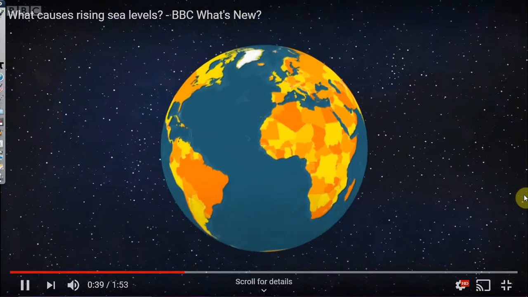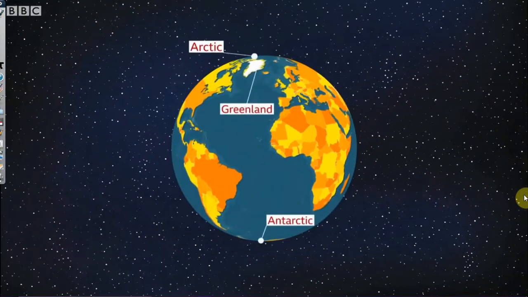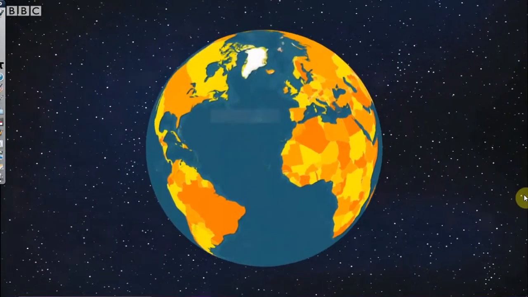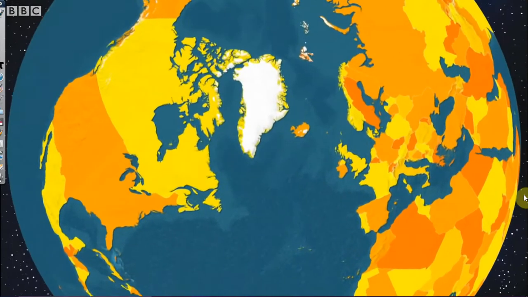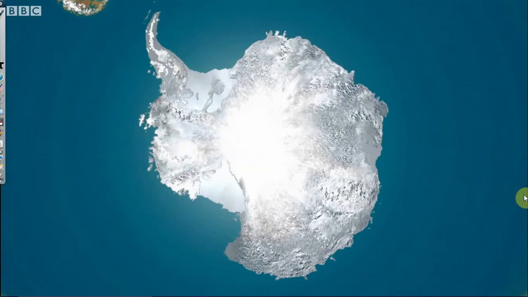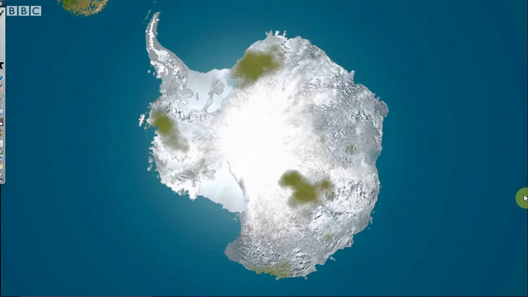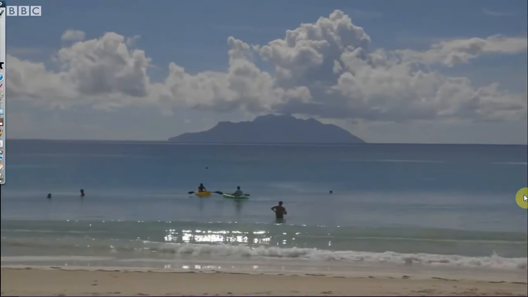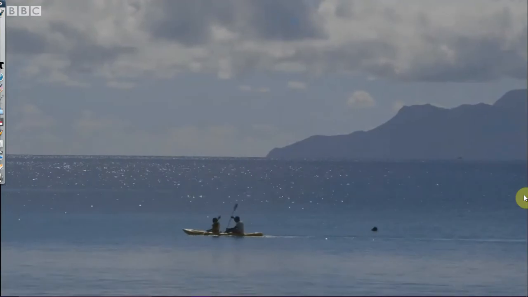This is happening in the Arctic and Antarctic. The increased heat is also causing the massive ice sheets that cover Greenland and Antarctica to melt at a much quicker pace. This has an impact on low-lying coastal areas and can cause islands to gradually disappear. So when did rising sea levels begin?